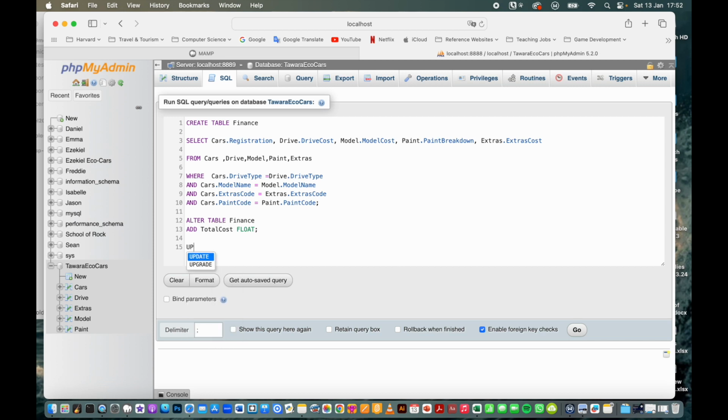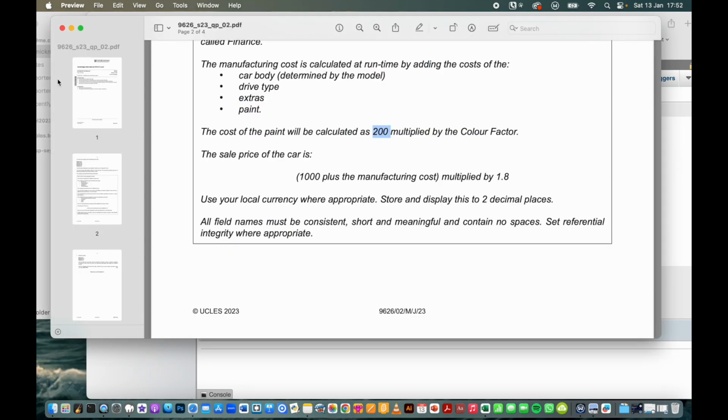So what we're going to do is we are going to update the finance table. Okay, so we make sure that we've got update the finance table right there. And what we want to update on that table is the total cost column that we just created. So we're going to say set total cost. So that's our new total cost column that we just created there on our finance table. We're going to set that to equal the equation that they've asked us to do